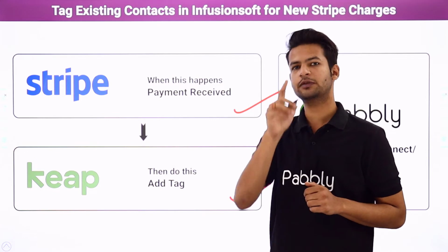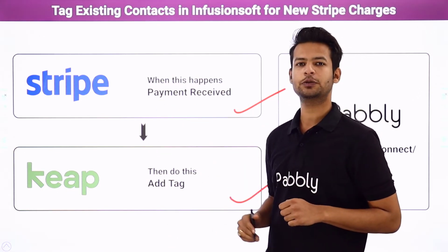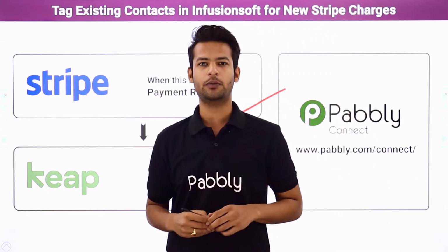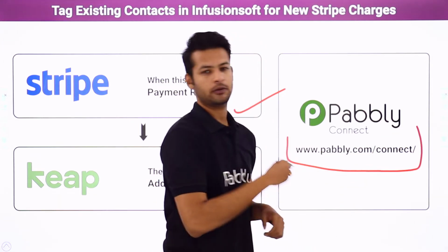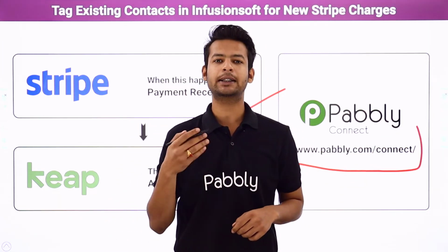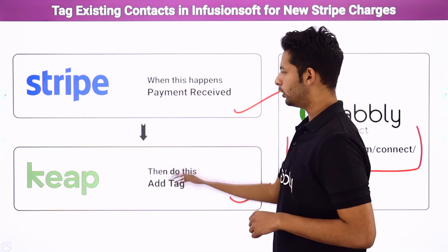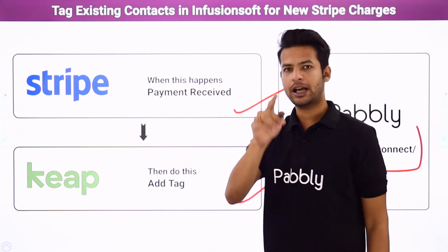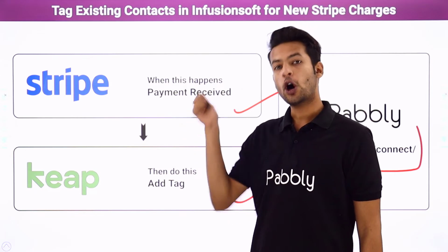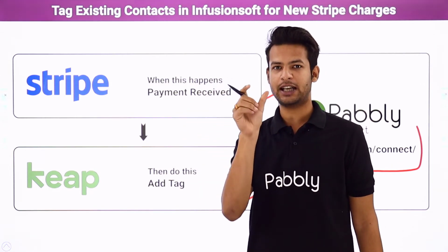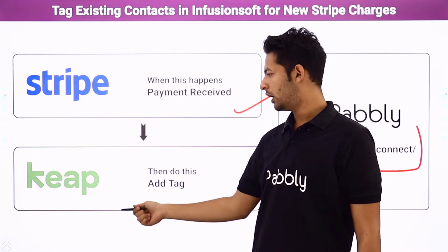But here we have to face one problem. There is no direct connection or integration between these two applications. So how have I performed the automation? Let me tell you, with the help of Pabbly Connect. You people will say, what is Pabbly Connect? Pabbly Connect is an integration and automation software. It will help us link both of these applications together so that every time the customer does the payment through Stripe, automatically a specific tag of Stripe will be added in front of that customer in your Keep account.